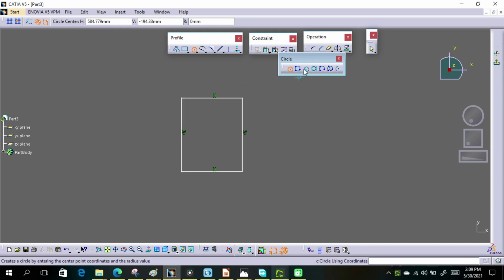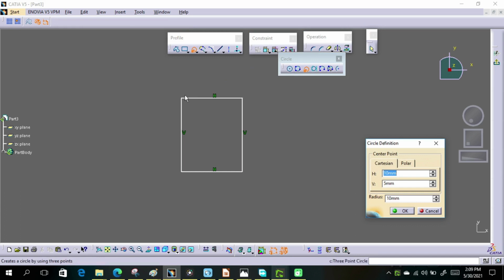But if you want to create a circle, just give a coordinate system manually and give horizontal and vertical values in reference to this coordinate system. So x 10, y 5 means the circle moves from this point 10 mm in the x direction and 5 mm in the y direction, and it will create a circle with, let's say, 3 radius.